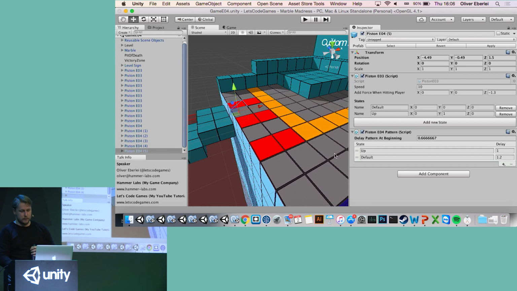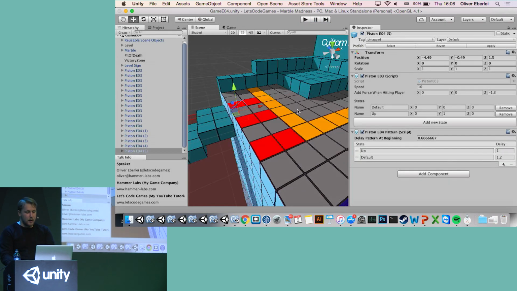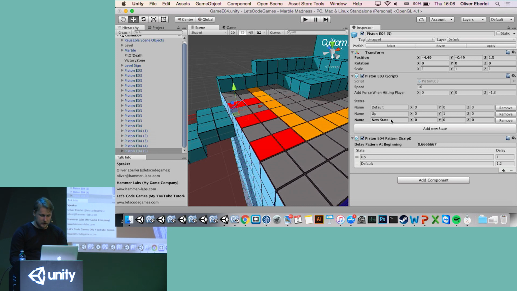basically just defines a list of states that the object should go to. And then just with the delay mentioned here, it just applies those time-based. So let's just press play for a second, and you can see in the bottom there, the red objects, the up and down state is basically applied based on the time. But what's much more interesting is this list here, because let's add new state here. Let's add a left state as well, and the left state is up and here. And then this list here, I can press plus, and then add a new state, and those are the states that I have defined here.